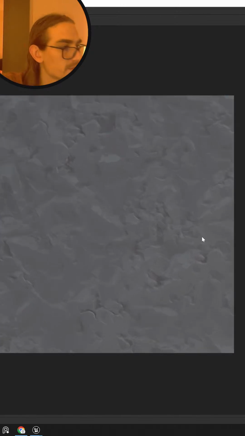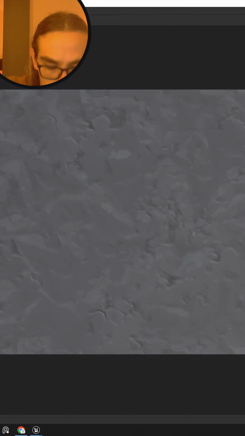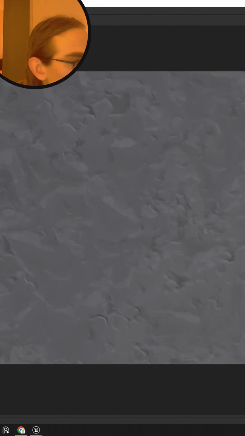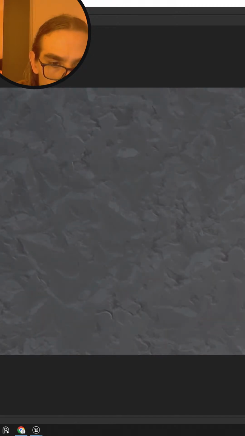All right, so let's get a new texture for the floor. I was thinking of something like this, some kind of rocky texture. I'm gonna make it a, let's see,